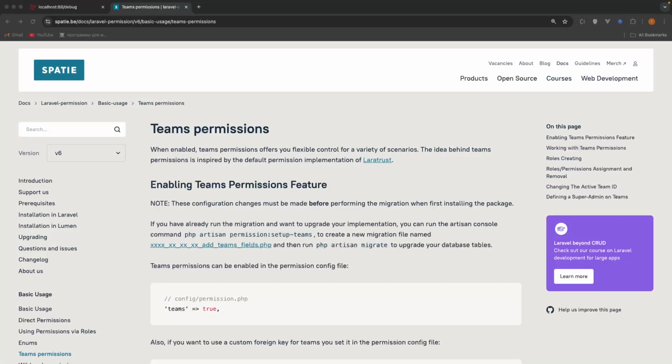Today we are going to make all the conclusions about Jetstream's team implementation and Spatie's Laravel Permission, also with team implementation. Two of those very good packages have a team implementation, and if you have a Laravel project with Jetstream and you want to install Spatie Laravel Permission to it, all with teams, here is the guide for you guys on how to do it, because the documentation here is not really helping